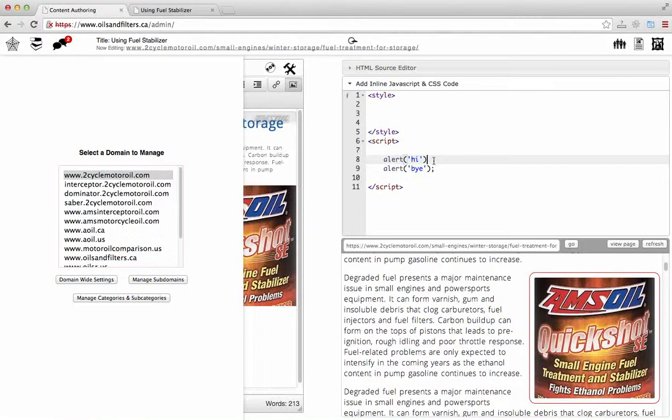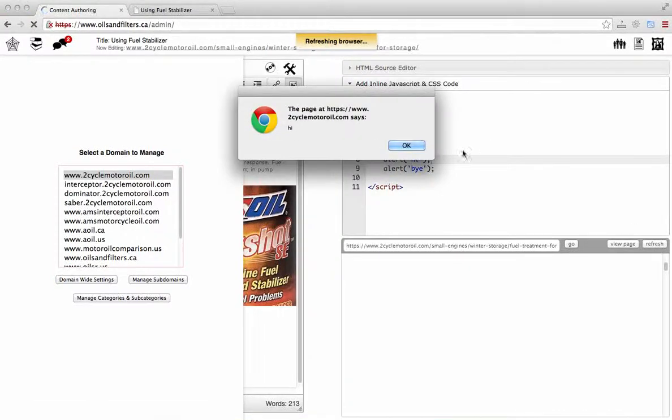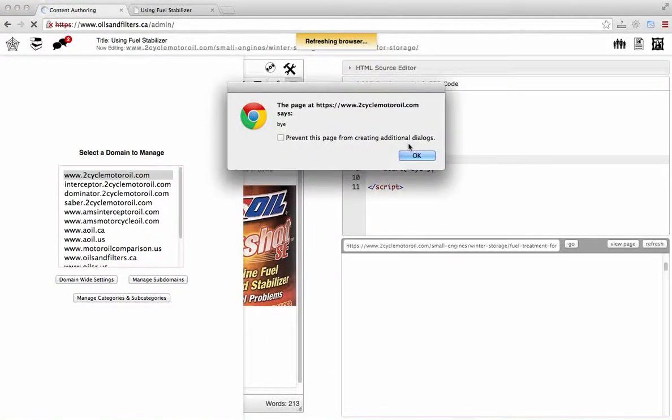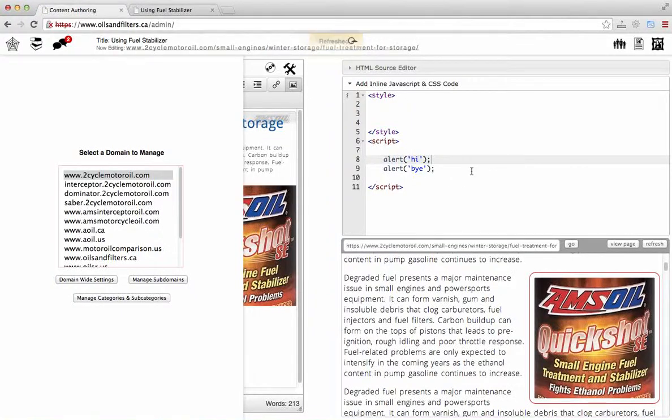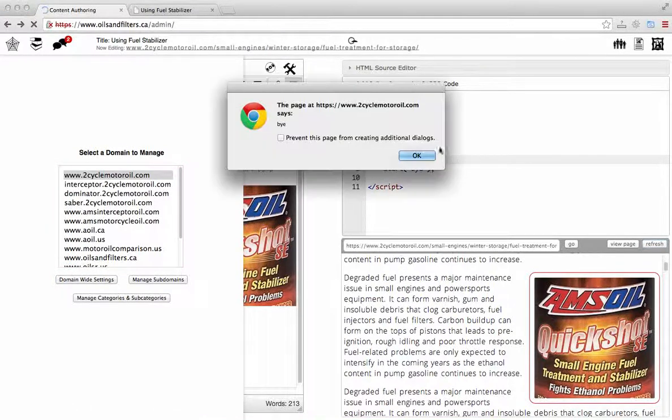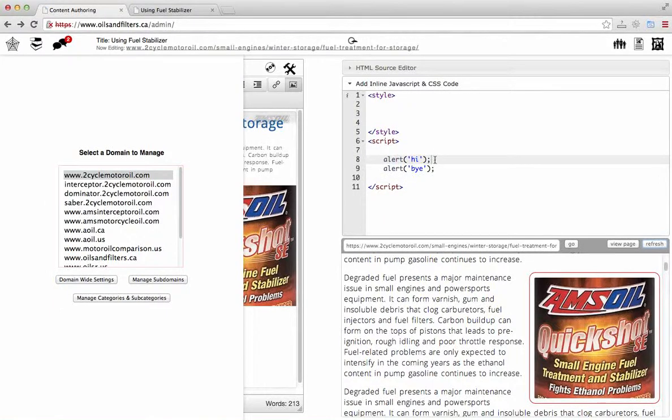Now, because it's not properly coded, I think it's not working. Now it's working. Hi and then bye. So we have two alerts. So when the page is compressed, for example, in a real world, this is also a right way of doing it. Like for example,